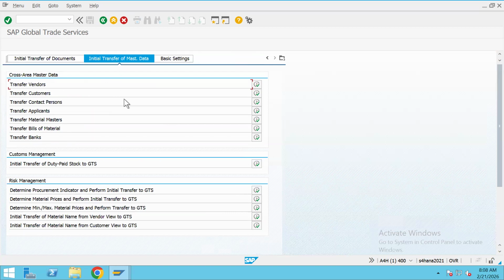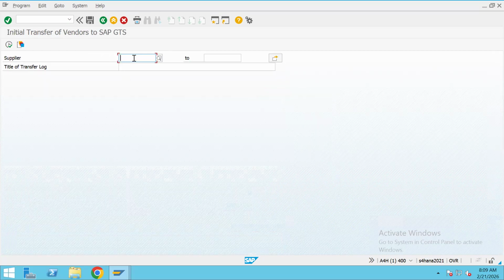So if you want to transfer your vendor masters or customer master or contact person or applicants or material master, bill of material or banks, if you want to transfer any of these components, what we can do is go to the GTS area menu and then select initial transfer of master data. And then if you have a requirement to transfer the vendors, get into this and then enter the supplier name,